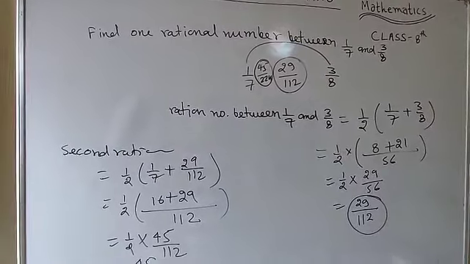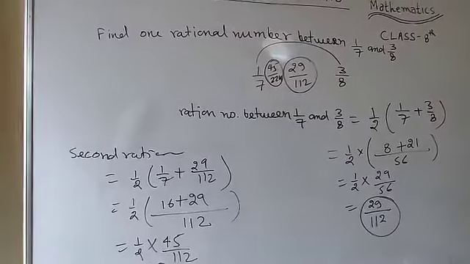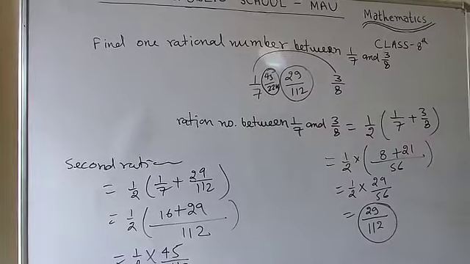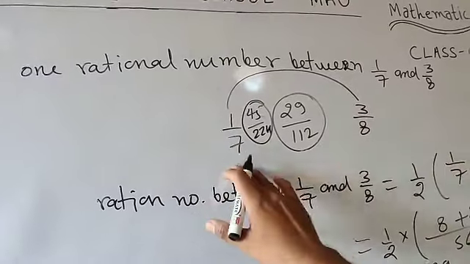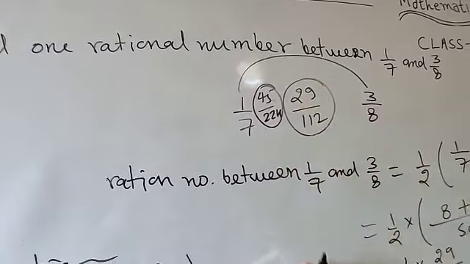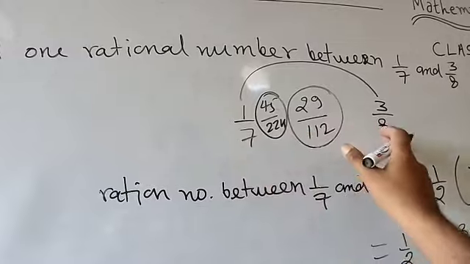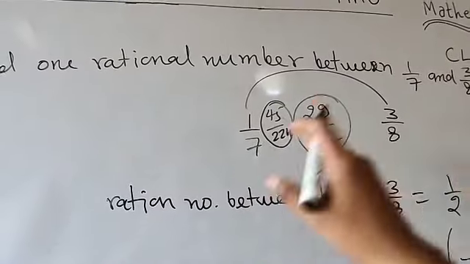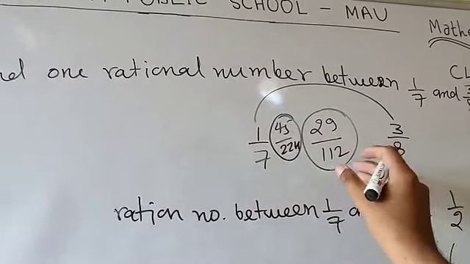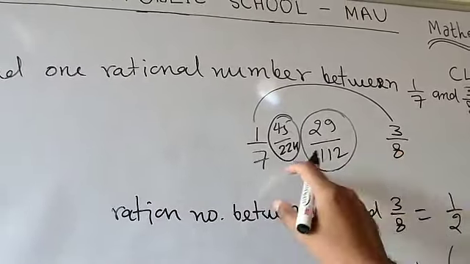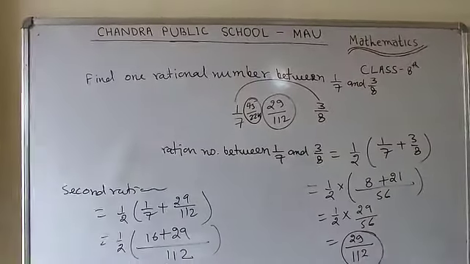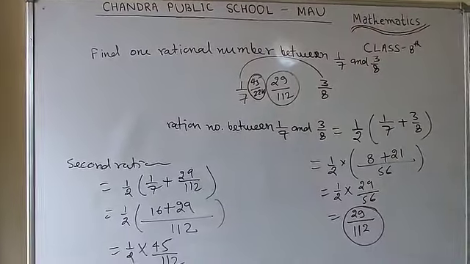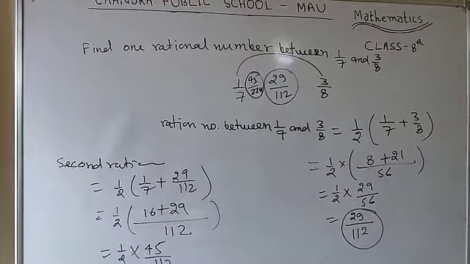But students, if you follow this method and it is asked to find 7 or 8 rational numbers between 1 by 7 and 3 by 8, it will take too much time. If you apply that way, you will get the 8 or 10 rational numbers, but that will take too much time. So this method is better to apply where only 1 or 2 rational numbers are asked. But if you need more than 5 or 8 rational numbers, then you need to apply another way. Here I am going to explain another way also by which you can find the rational numbers between 1 by 7 and 3 by 8.